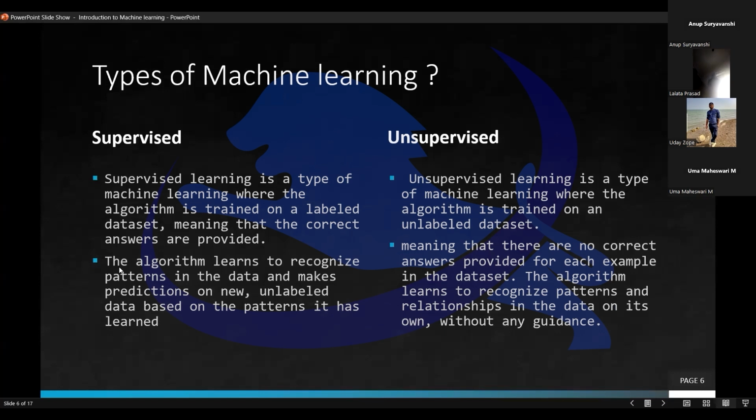Now there are subcategories in supervised learning. One is classification and one is regression. Now classification is something like,